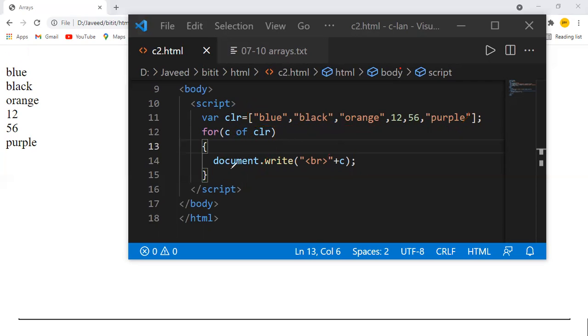For the second iteration, it is going to get me the value black, and that value is going to be stored into this variable called C. When I'm printing this value C here, you see that black is going to be printed for me.